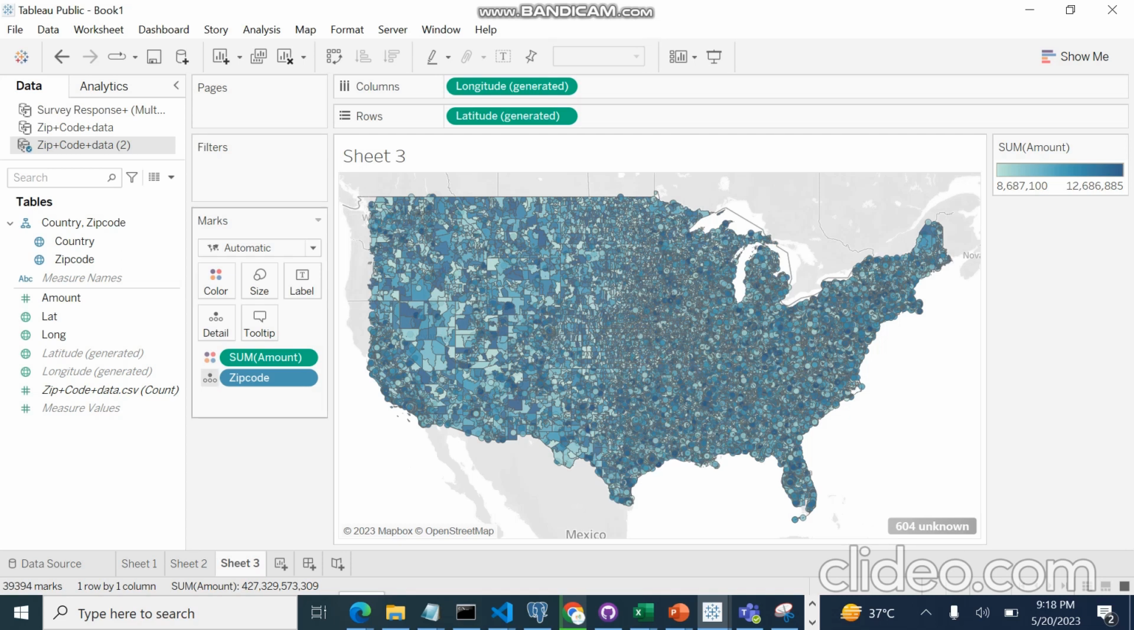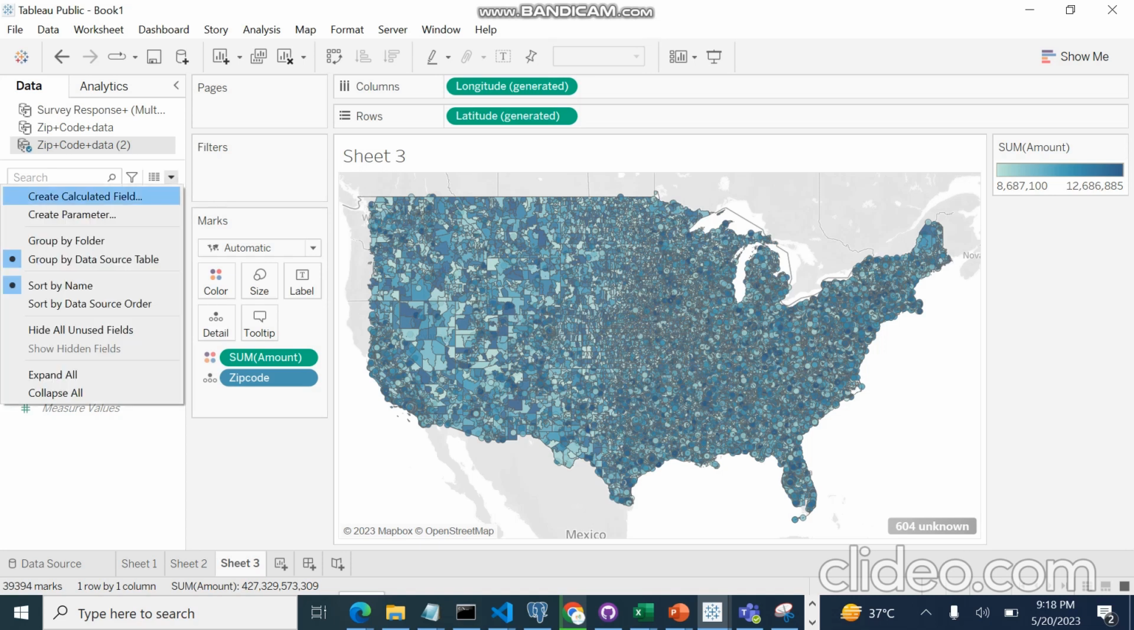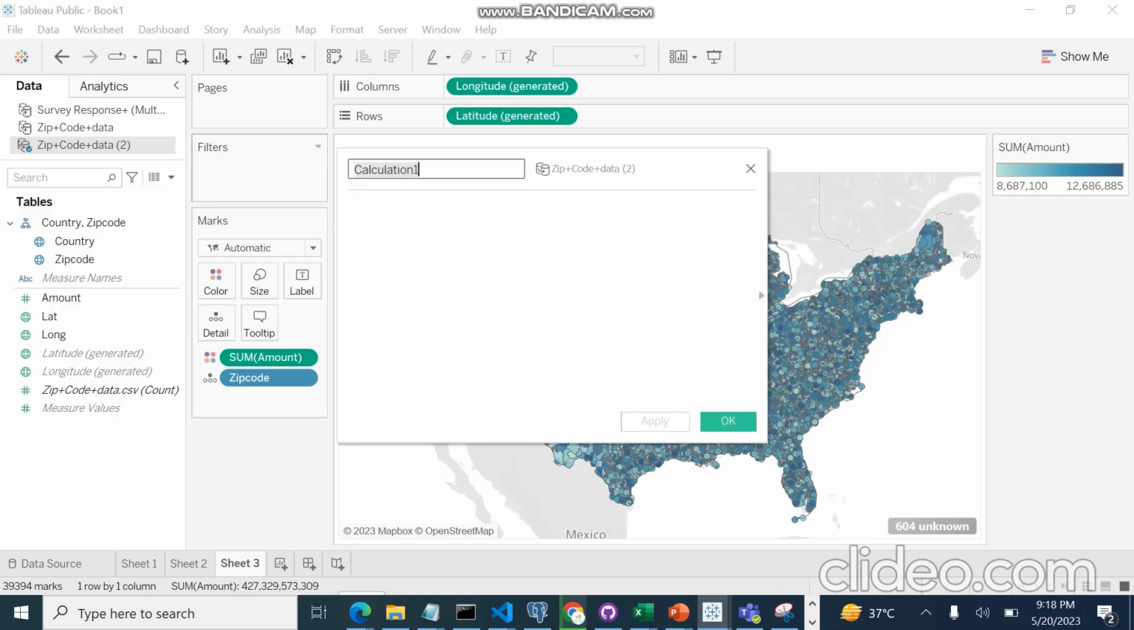For this, we will create two hexagon functions, hex x and hex y, and each of them will calculate the value of the centroid of each hexagon. So then what we will do, we will go to create calculated field, and we will create a new field here,